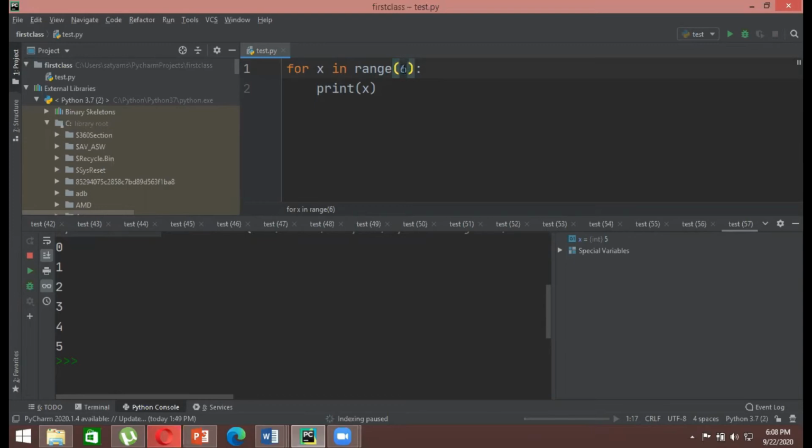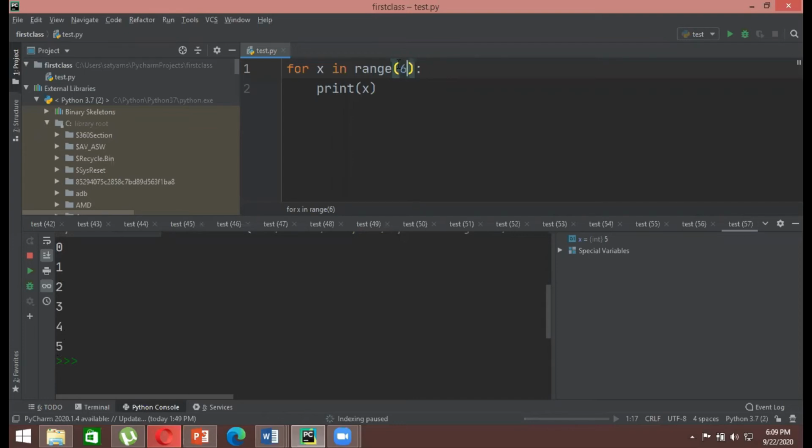So what this 6 basically means is the number of elements, right? Because 0, 1, 2, 3, 4, 5, these are the 6 elements. So don't get confused that it will go till 6. Whatever upper range you have written here, it will go till that minus 1. So this is one way in which you have defined the range, saying I want it up to this much. So it will always give you the answer one less than the highest range the user has given.